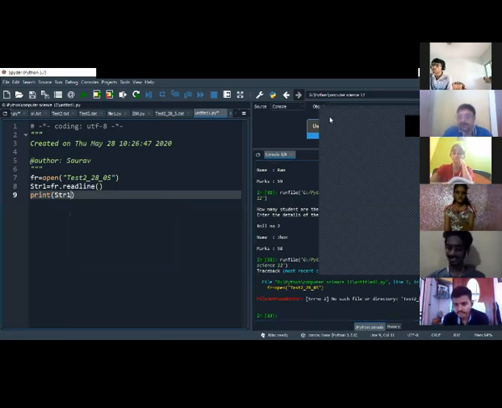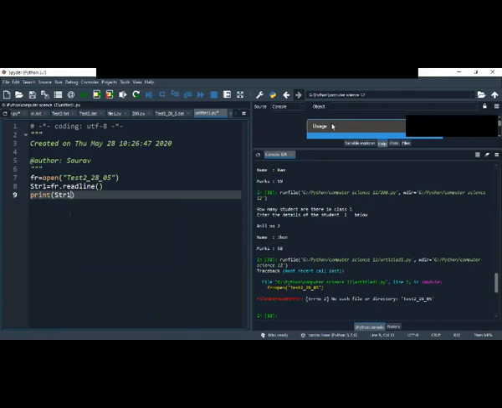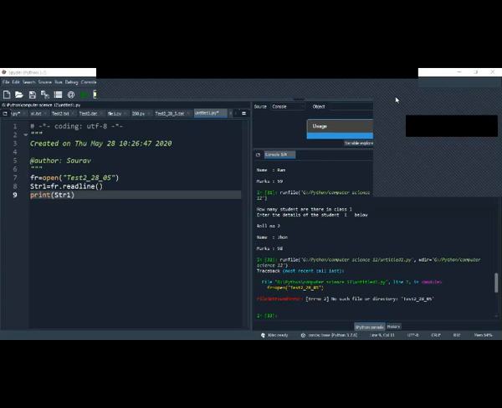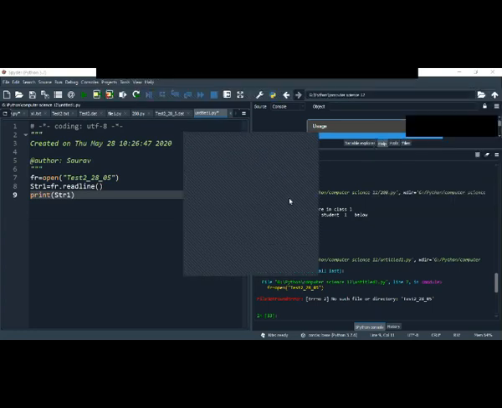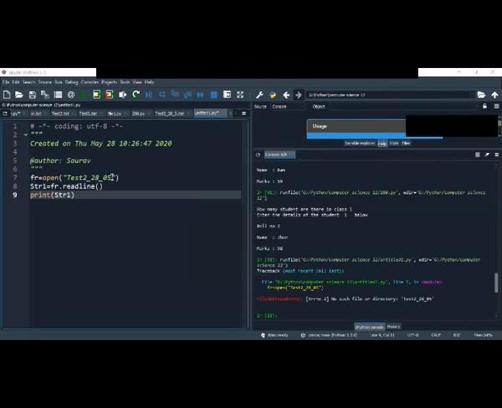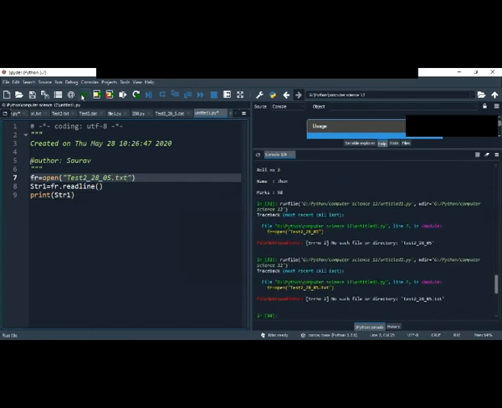Reason for it? Yes, Bhagesh, can you give the answer? Why is it giving an error? You will get this type of error, and you need to rectify it. Can you tell me which type of error? Extension is not there. Correct. Extension was missing here, so I need to write txt. Then I will read the readline.